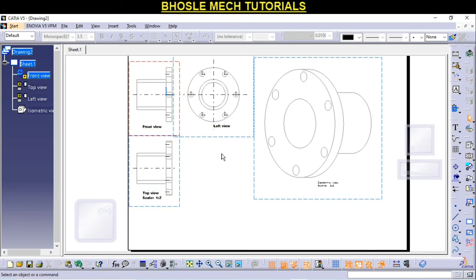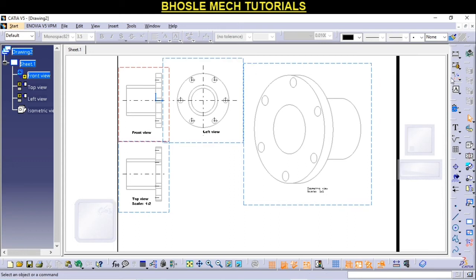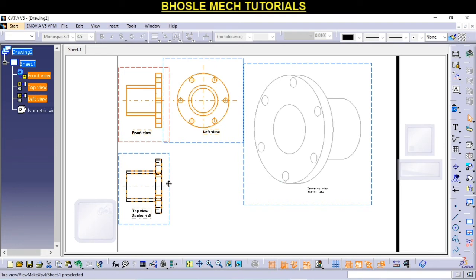Now let us see the geometry dimensions. These are generate dimensions. Now we have to select the views for which we want dimensions. Press Ctrl and select these views and go for generate dimensions.